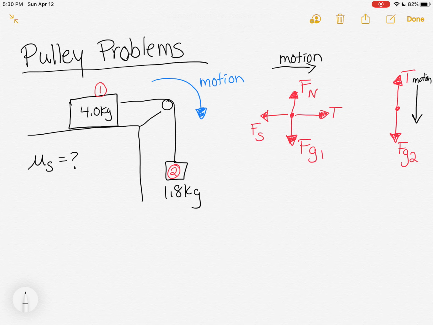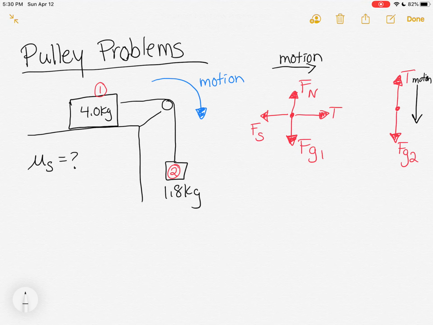So our motion is going down. The block is moving downwards if it's moving at all. And so we're labeling our motion in there as well. All right. Now, the tricky thing with pulleys is that even though our motion is actually changing direction, because our motion